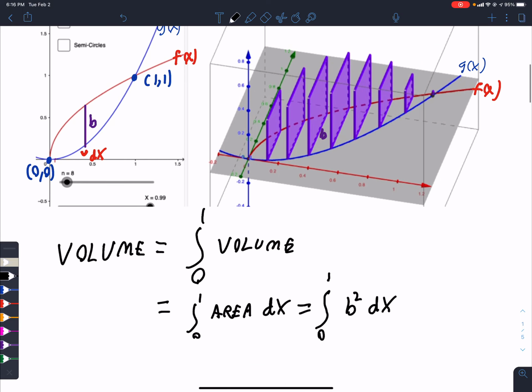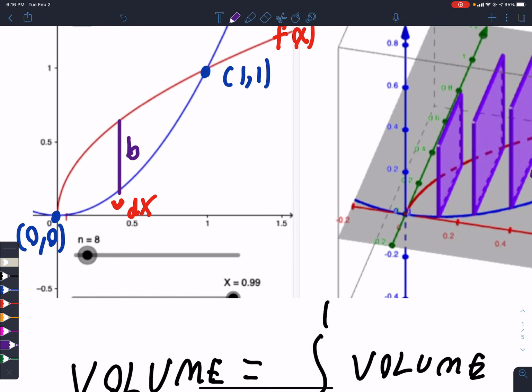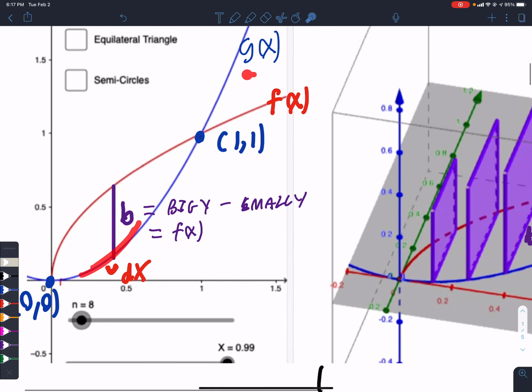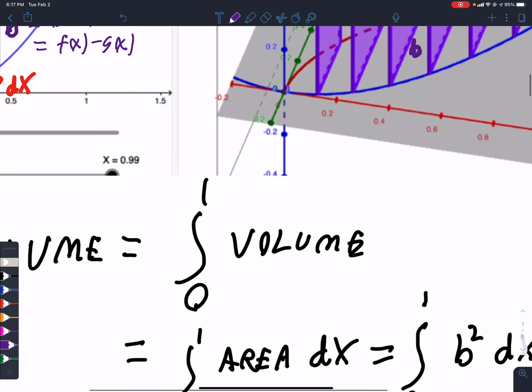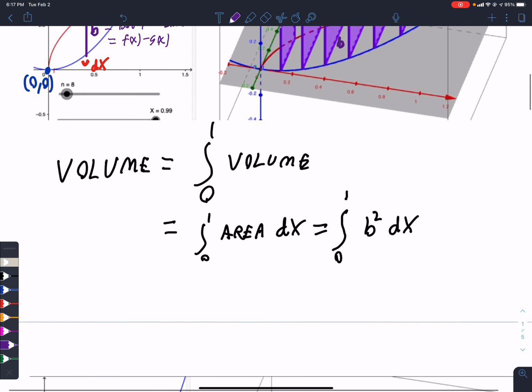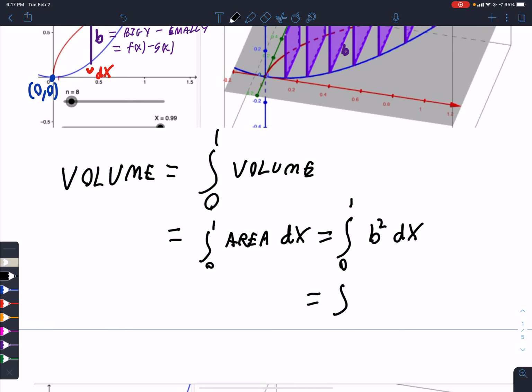What is b? Well, we've done this a lot. This will be big Y minus small y. But big Y is f of x, right? And small y is down here, which is g of x. So I'll have minus g of x, and then putting this all together, I have my formula. The integral from 0 to 1, f of x minus g of x squared